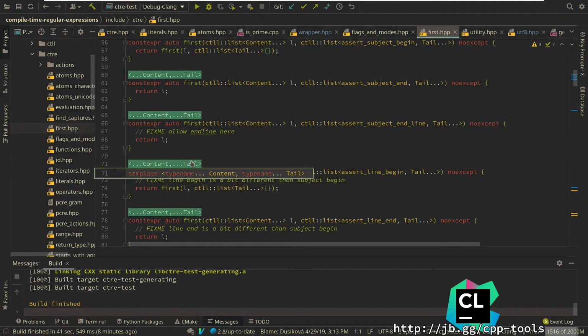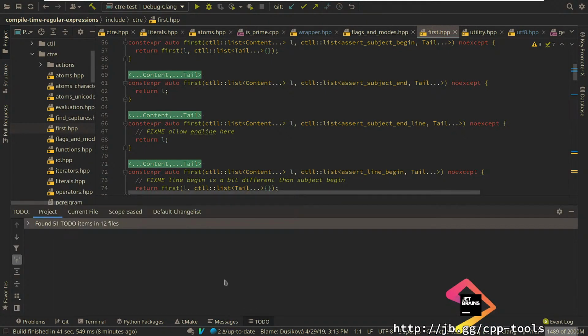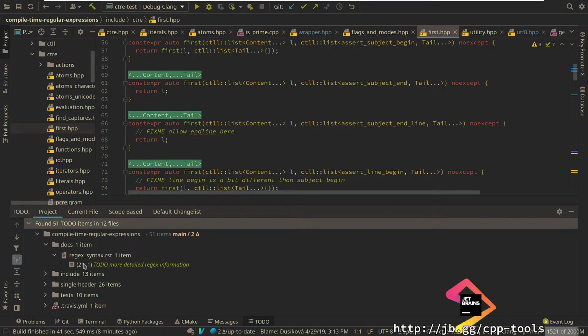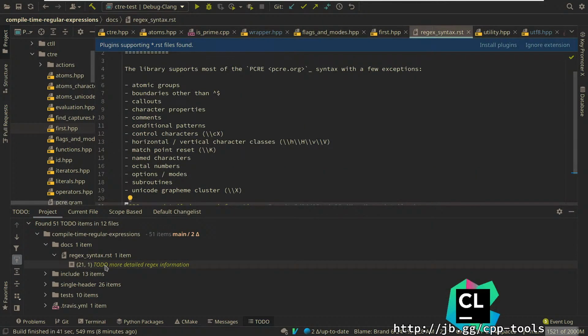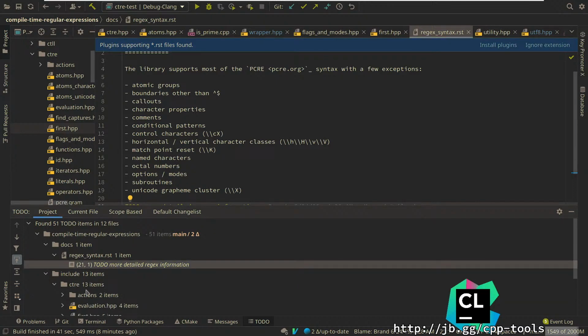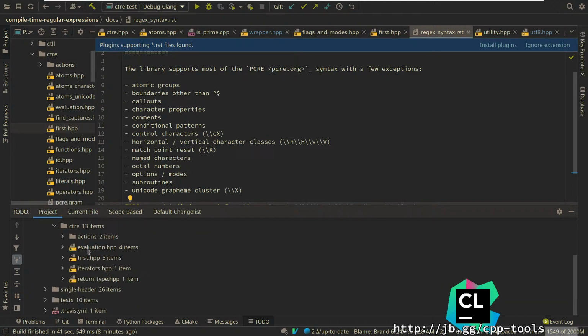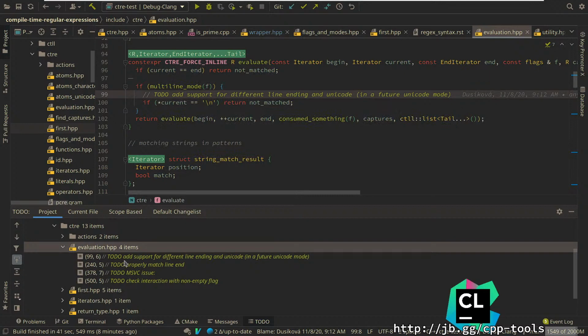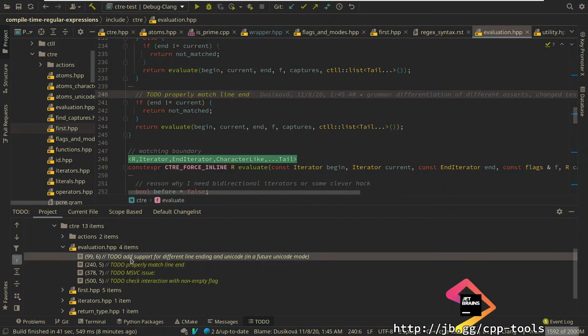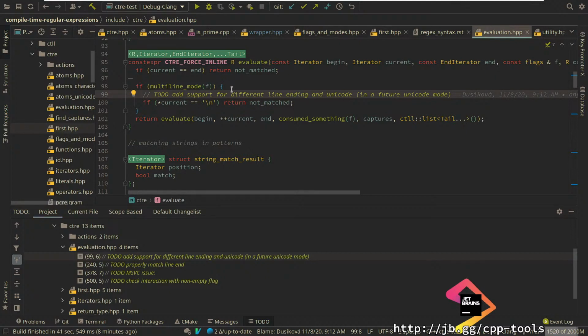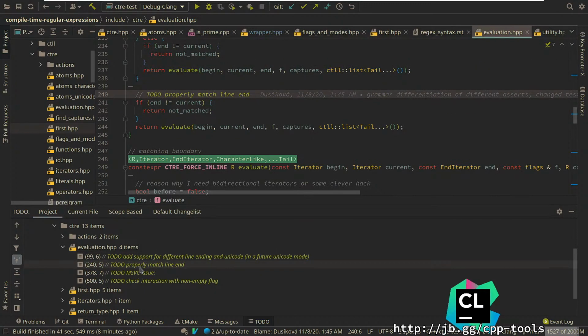Fix me, allow end line here. Let's see something. To do. Found 51 to do items in 12 files. Docs to do, more detailed regex information. Okay. Evaluation, 4 items. To do, add support for different line endings and Unicode in a future Unicode mode. Interesting. There's lots of Unicode in here already, so I don't know what that's about, but properly match end line,